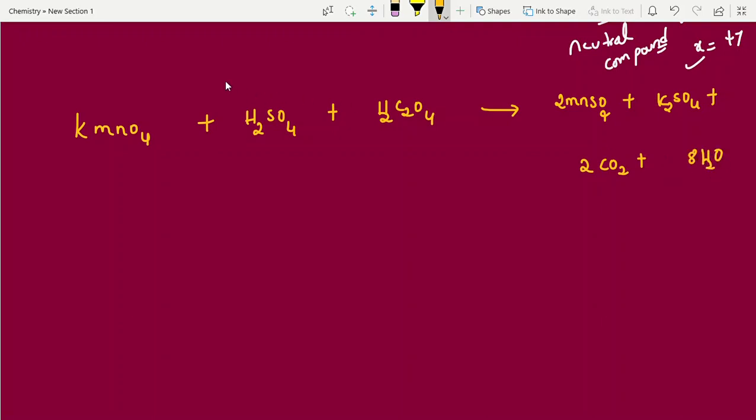Right. So this is what, students? 2 moles of KMnO4. And balance this reaction, 3 moles H2SO4 is 3 moles. That's it. This is potassium permanganate. This is oxalic acid. If you don't know names, you can write oxalic acid. Now here, what is the oxidation state of manganese? Yes, manganese is +7. Already you know how to calculate, right?